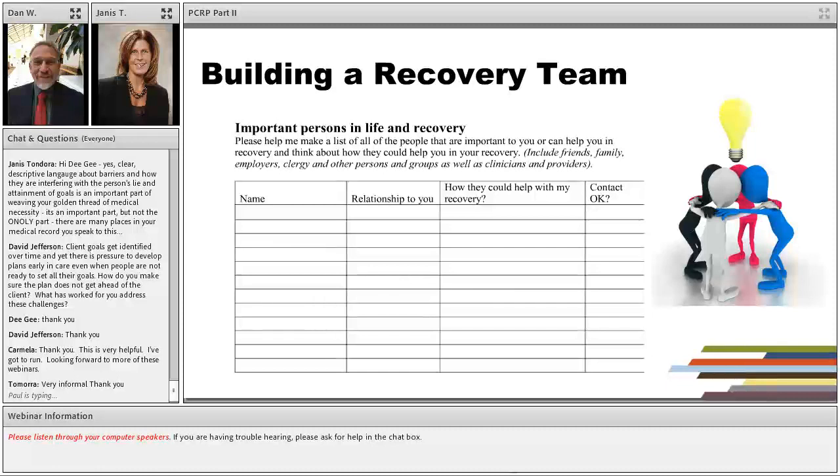Yeah, that's a good point. And I think, David, the other thing that I would add is that there are things we can do with the plan format to remind people what we are looking for in that goal statement. But as Dan was saying, really it's the ongoing training and supervision around this that is particularly critical.